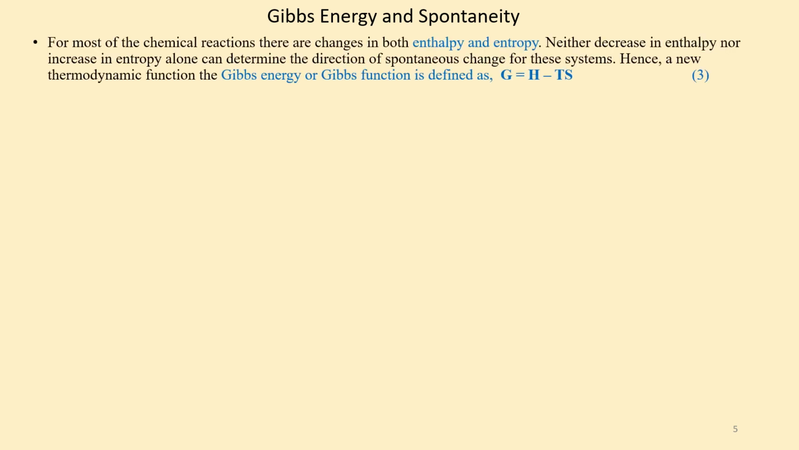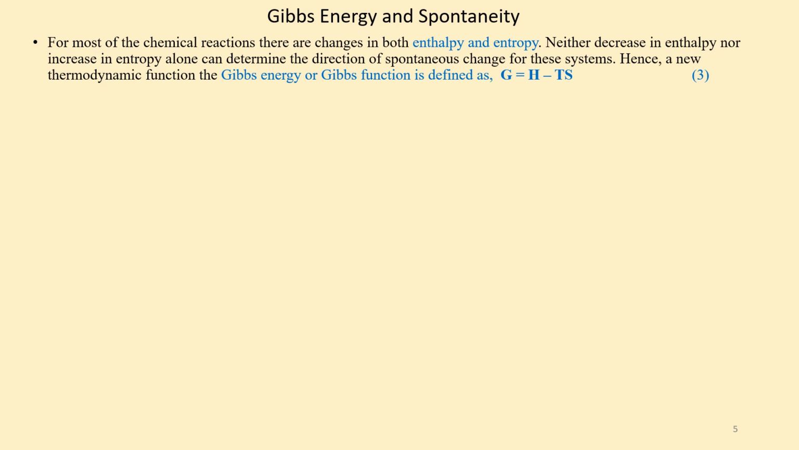We have seen that for a system, it is the total entropy change, delta S total, which decides the spontaneity of the process. For most chemical reactions, there are changes in both enthalpy and entropy. Neither decrease in enthalpy nor increase in entropy alone can determine the direction of spontaneous changes for this system. Hence, a new thermodynamic function, the Gibbs energy or Gibbs function, is defined, which is given by the relation capital G